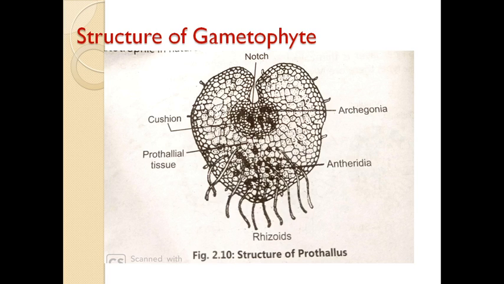Next I am focusing on the germination of spore. After liberation of the spore from the sporangium, the spore is placed on a suitable substratum under favorable conditions. That spore undergoes germination, the exosporium breaks down, and the endosporium grows into a short germ tube formation.